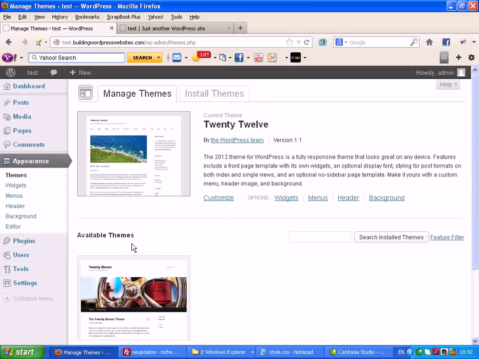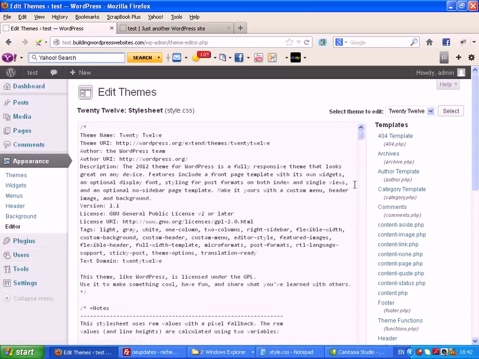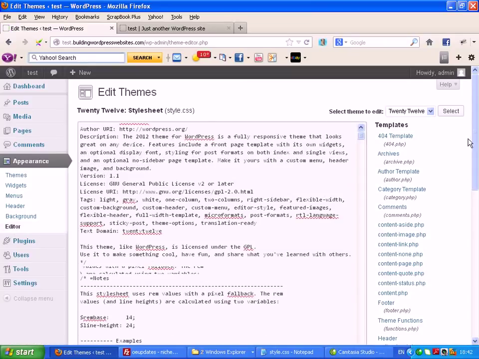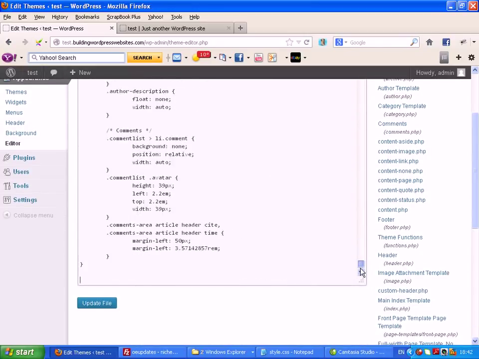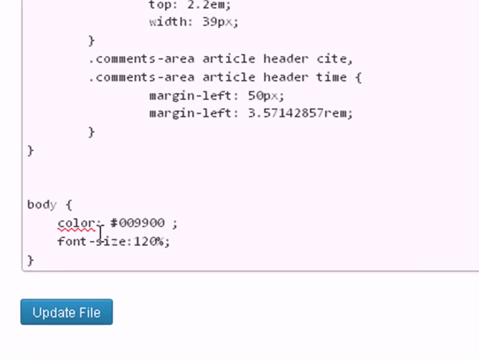So the old way of doing it was you'd go to the theme editor and make changes to the style sheet. It opens up in the style sheet, so let's scroll all the way down to the bottom, and we're going to add some code in here to modify this. I'm going to change the color of the text to green, and I'm going to change the size of the text. I've just pasted it in at the bottom here. So let me update the file,